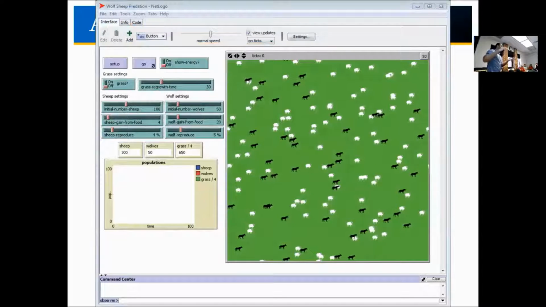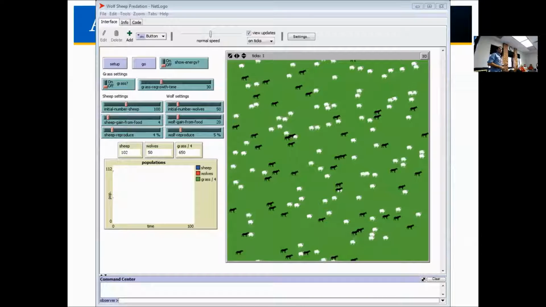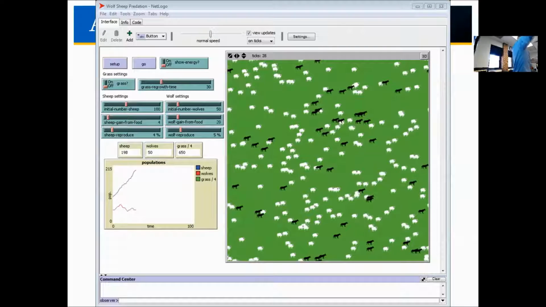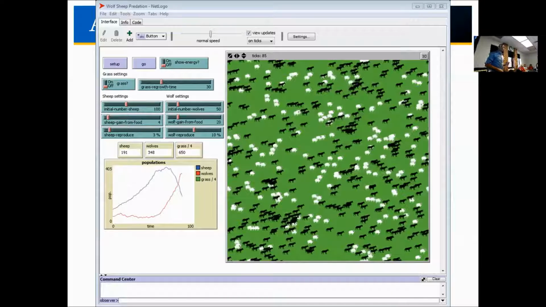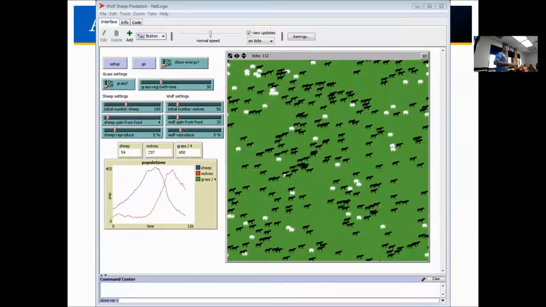And you can put them into a virtual environment that looks like this. Okay, so you have some sheep, some wolves, and you start in your model room. So they are all moving around this virtual landscape. And you can see what happens to the population of wolves and sheep. And you can see a similar pattern, the same one that you see using a partial differential equation model, but using this different framework. And this is called agent-based models.